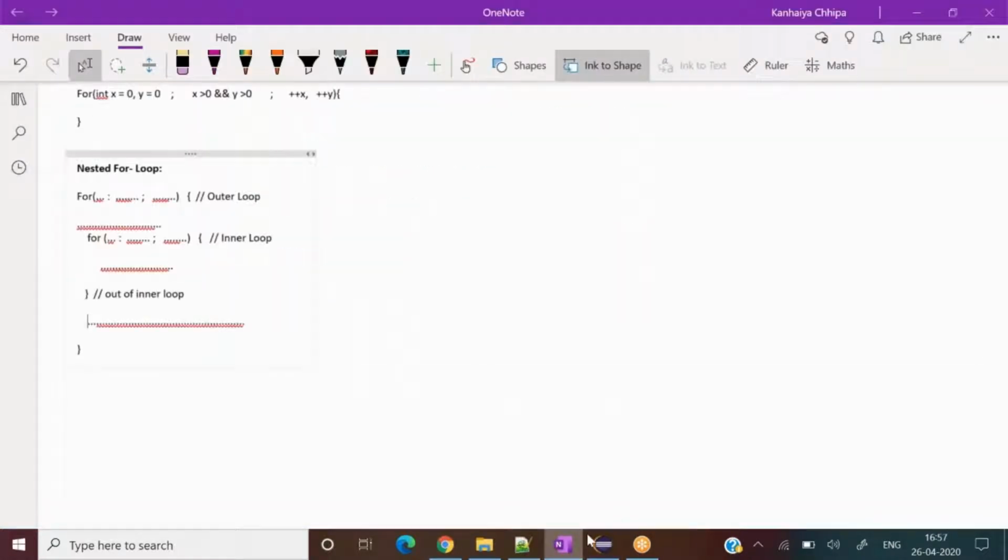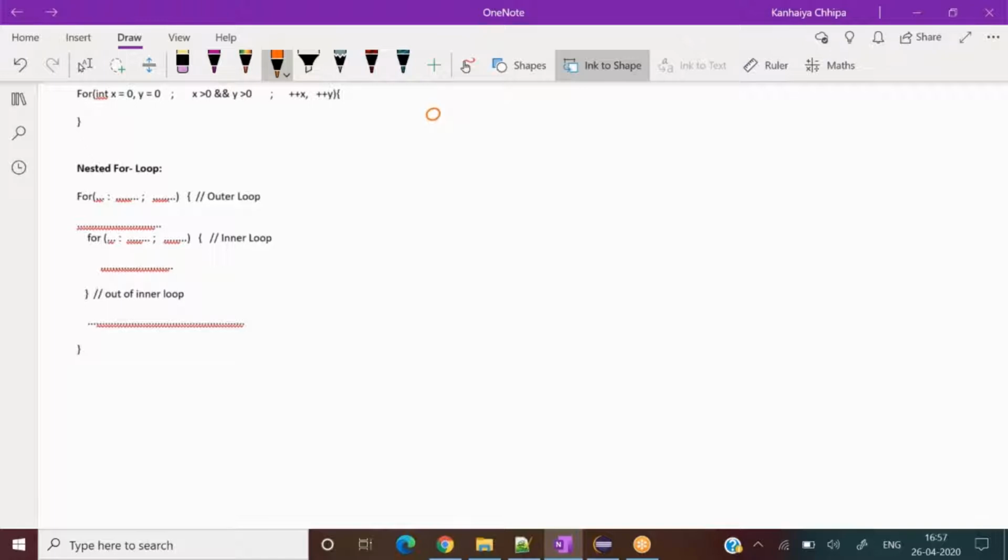So before coming to that, let me draw a diagram for this, and then we will be discussing the inner for loop. So pay close attention to this for loop part, related to the program as well. So let's say the execution starts from here.